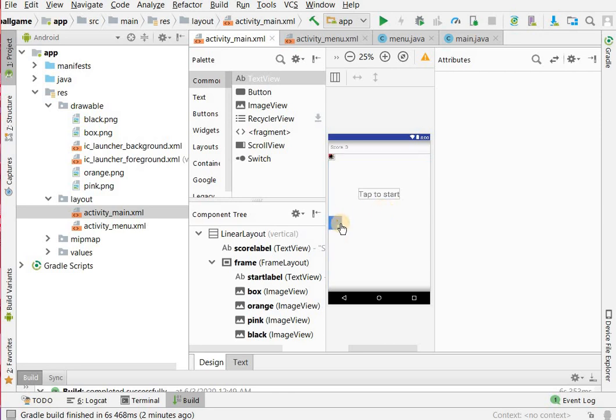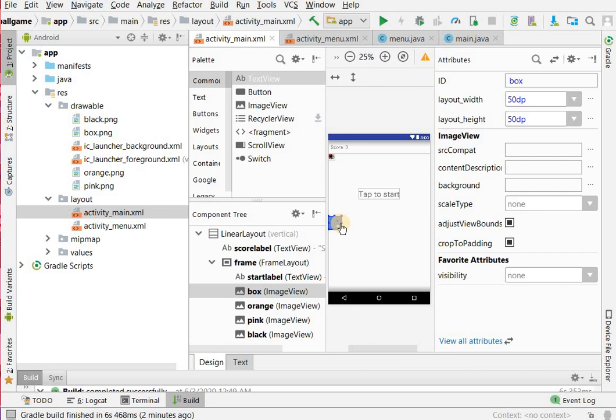उसके बाद layouts में ये हम इनको as view लेते हैं. So what are views? View is the parent class for all the activity widgets. ये सारे जो widgets हमें नज़र आ रहे हैं, ज़रूरी नहीं है कि हमें नज़र भी आ रहे हों. View is the parent class. जो भी widget होगा, it will inherit all these properties that the view has. So just remember, view is the parent class for all the activity widgets. Activity में जितने भी widgets नज़र आ रहे हैं, view is the parent class for that.